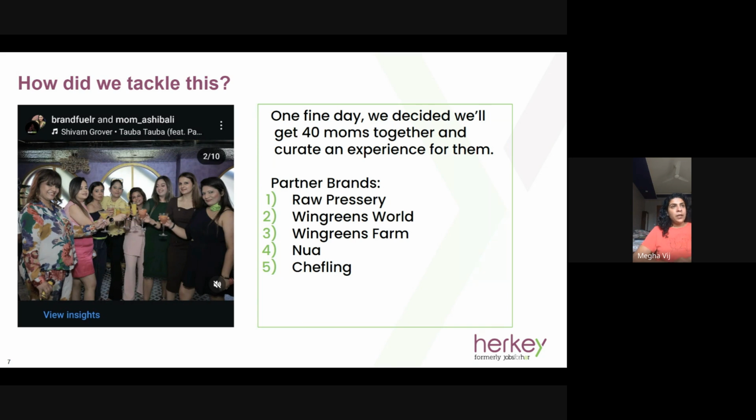When I was starting off with this pitching, I was very apprehensive because I was thinking these brands, there are so many coming together. There'll be 4 or 5 brands that we require to curate an entire event together. Will they be happy with sharing the space with another brand? What happened on the contrary is that they came on board not only for the influencers, but also for the cross-tagging that is going to happen with partner brands.